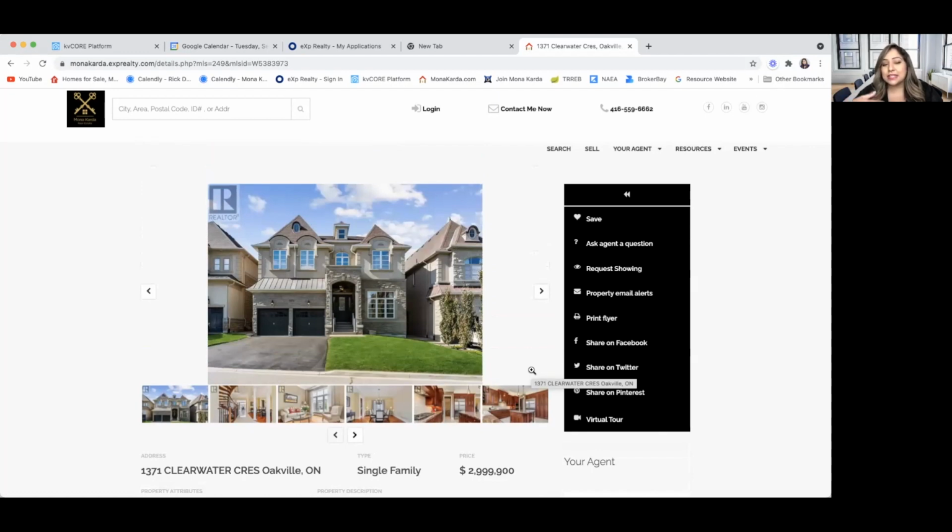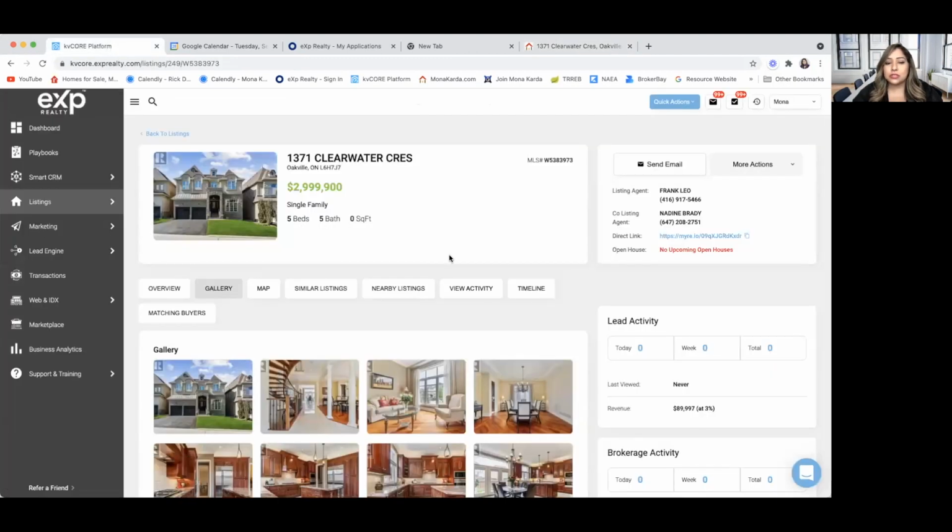Send them listings. You should be sending your database listings at least once a week, like a hot listing of the week. If you're working with certain clients who are looking in the Oakville area, they should be receiving a lot more. They should actually be set up on a search alert. But these kinds of things are great to just promote. So let's say